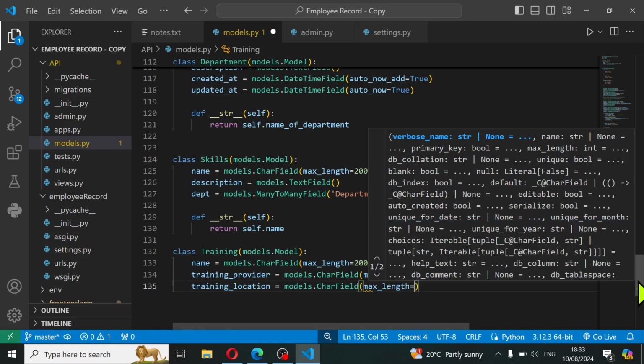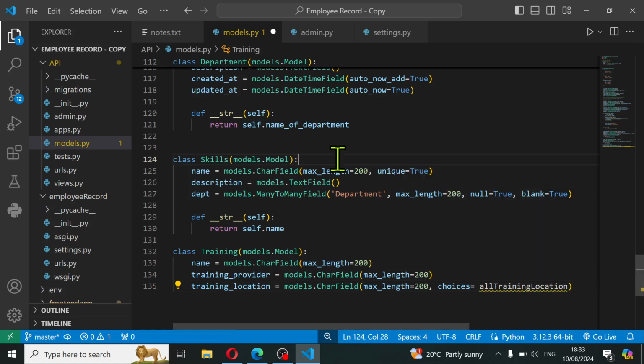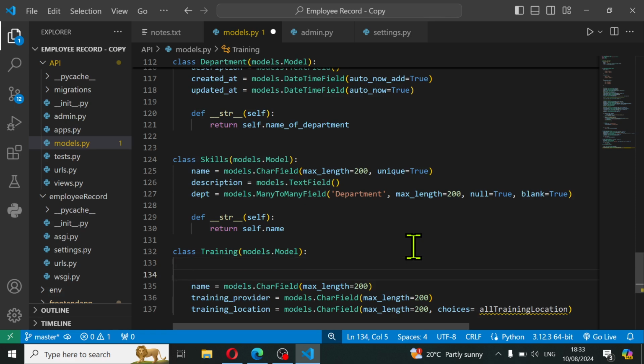Max length equals 200. Now I'm gonna use choices field for this, so it's gonna be a drop down. Choices equals... I'll just say all training location. I'll call it whatever I want. So I'm gonna create this choices field. Just come to this place, paste it,